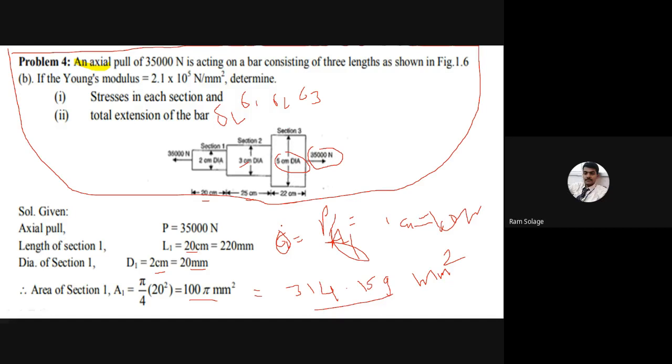What is sigma 1? 111.408. In text message, give me the answers. All students, in chatting message or in message, we have to give the answer. Diksha Admile has given 114.40. Rahul Khadke has given. Rahul Khadke, please check the answer.